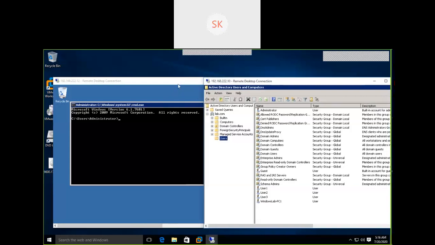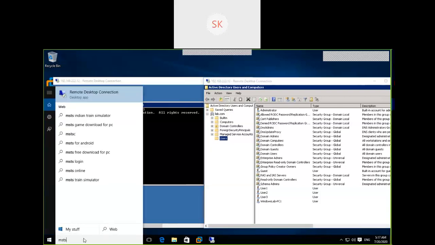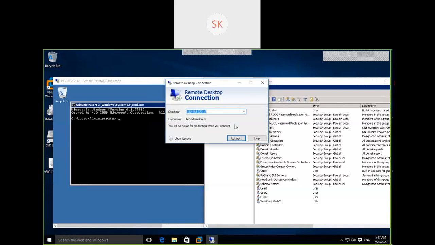See here, on the domain controller, there are user 1, user 2, user 3. We already said that for user 1, user 2, user 3, the default password is VMware@123. Now I'm going to give a try on this member server. Am I able to log in with user 1 or not? Go to RDP, try to do RDP to the member server. I'm trying to log in to the member server with user 1.